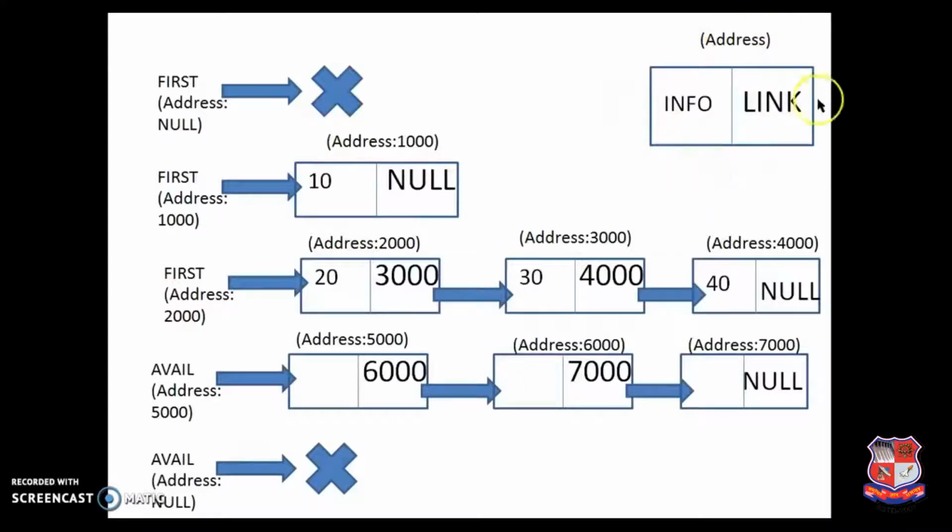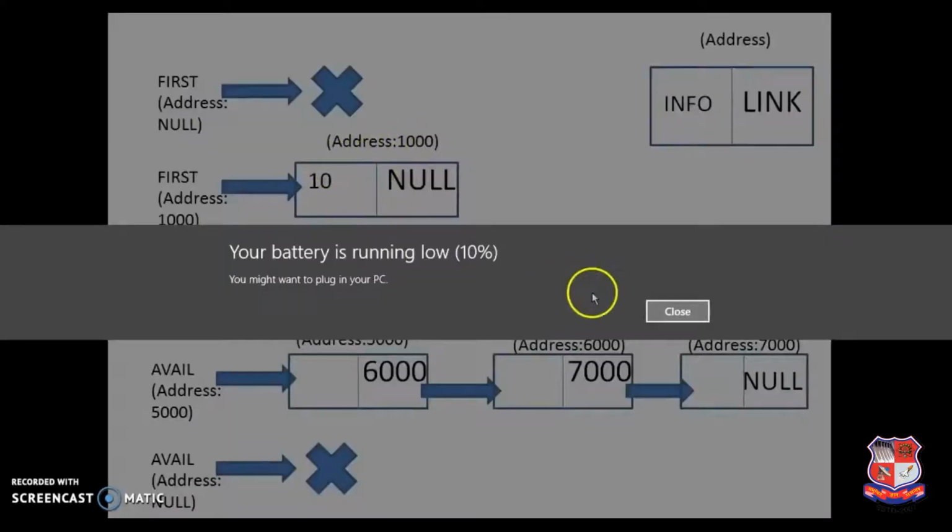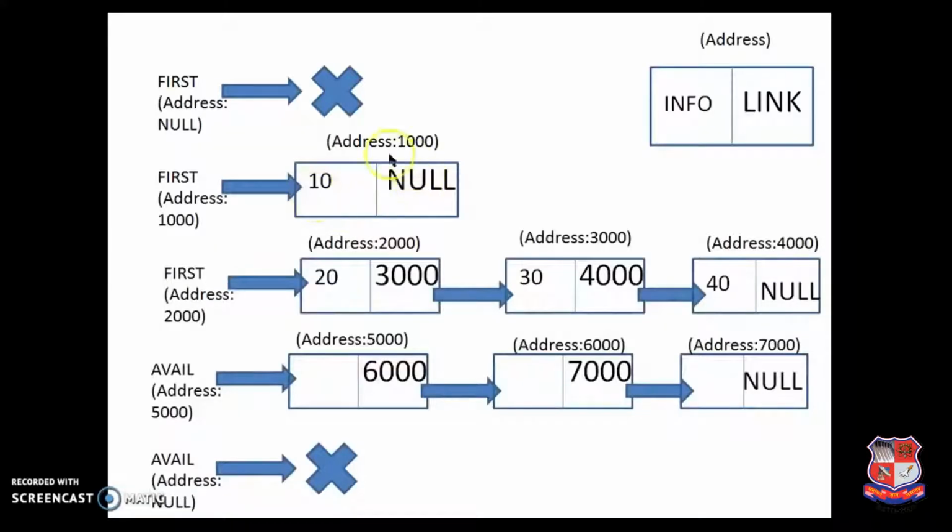So in the previous slide I showed you a particular node, that is this address, info and link. So it's stored at some particular address, it could be any address. So initially one scenario is where there is no node in your linked list, so it has a null address, no node is there. One where there is only single node, another scenario. Suppose I had taken any random addresses over here. So suppose I had created a node, and so over here there is a single node. The info part is the data part. So there is suppose some data 10 over here, and it's not linking to any other, so the link part is null. So first is a pointer which points to the first element of your linked list.